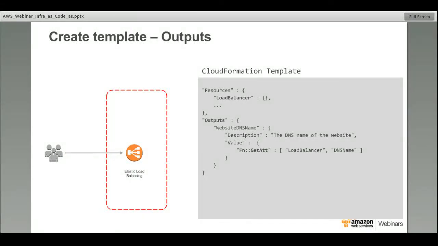Next, just like you want to pass information in, you need to get information out. In our example specifically, once you provision this web application, the food catalog website, you want to get the public DNS entry or the public IP address out for the rest of the world to consume. And there is a concept of the outputs that you can get out of a stack once you provision the stack.